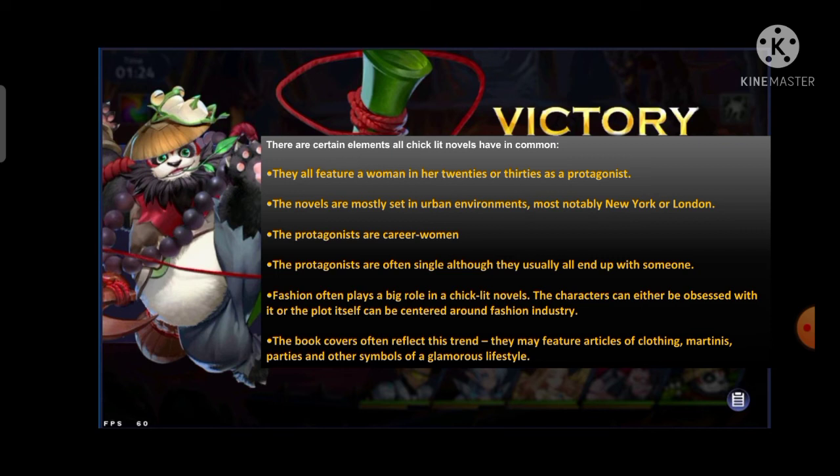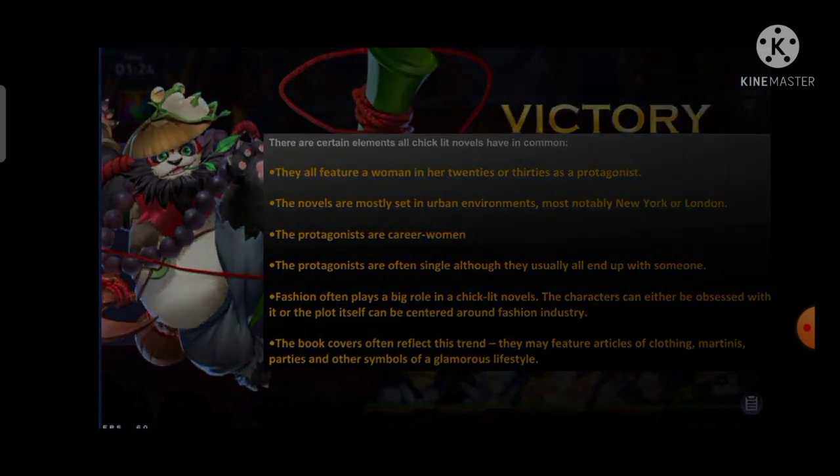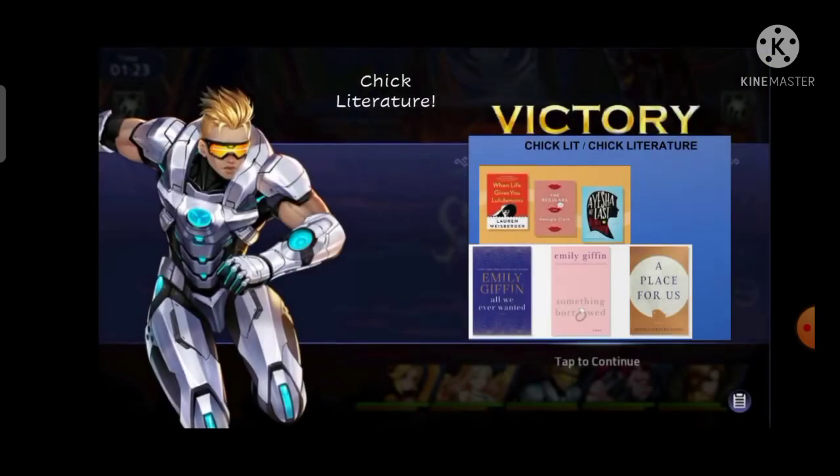Also, fashion often plays a big role in chicklit novels, and the book covers often reflect this trend. They may feature articles of clothing, martinis, parties, and other symbols of a glamorous lifestyle. Like for the example here,